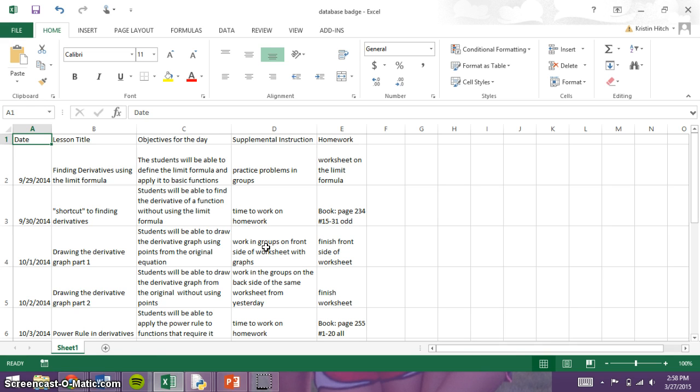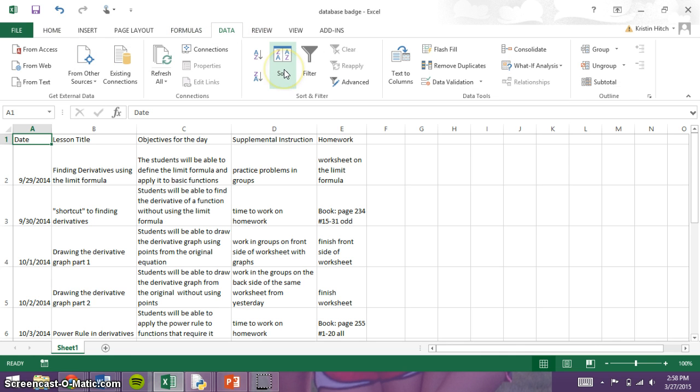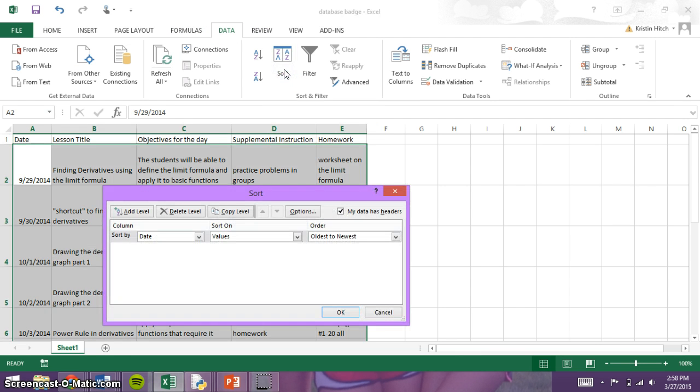This is a little bit more complicated, so we're going to start with sorting the data. This is going to be under Data up here, and then you're going to click on Sort. You're going to choose what column you want to sort it by. The most common one we would probably use for this kind of thing would be to sort it by the date. So we can sort the date from oldest to newest, newest to oldest,